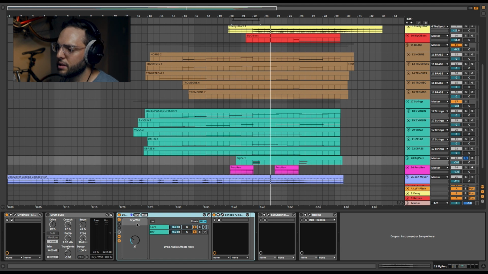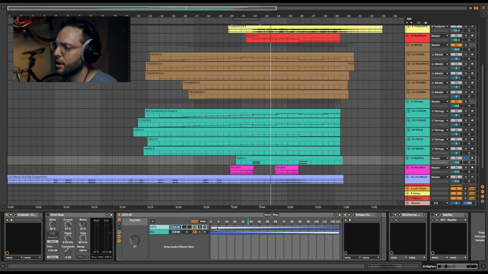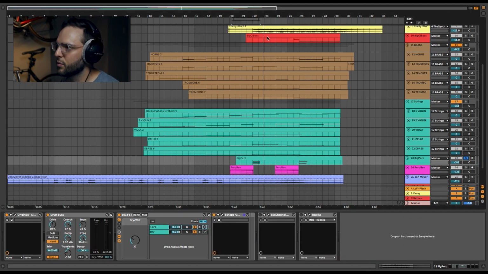And this is a little trick that I recently found out about, how you can make a dry wet knob for any effect on Ableton. And it's really pretty great. You get basically two different things in a chain, and you can adjust it like this. I highly recommend looking up this technique. I'm not going to go into it right now, but it allows me to adjust the dry and wetness of this plugin. So if we go drum bus and then we throw on this color,